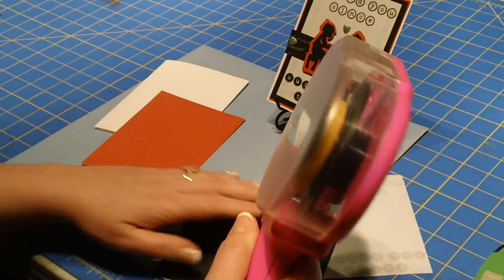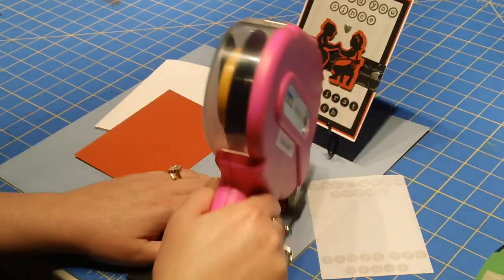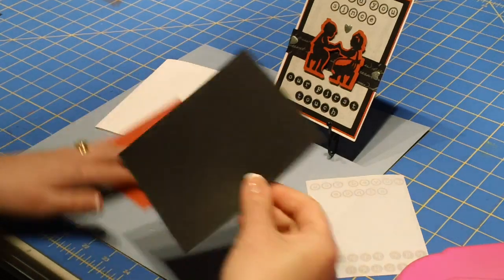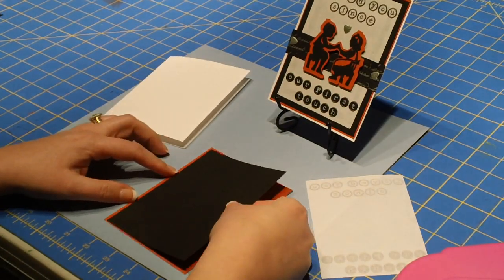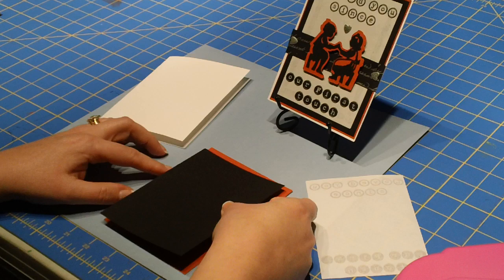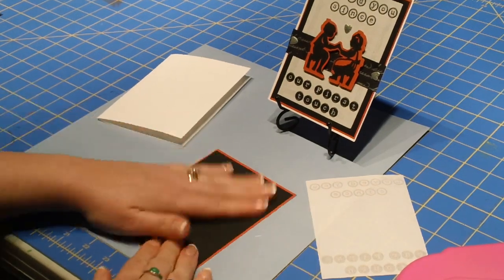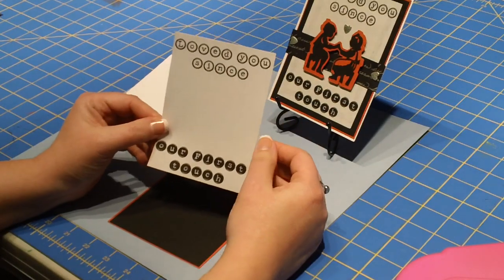And because I wanted my Valentine to be personal, I couldn't just go to my stamps and find exactly what I wanted it to say. So I decided to print something out on my computer. Let me line this up here. So what I went ahead and did to get my "Loved You Since Our First Touch,"